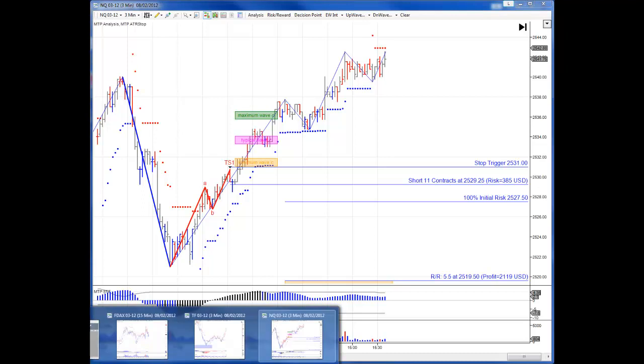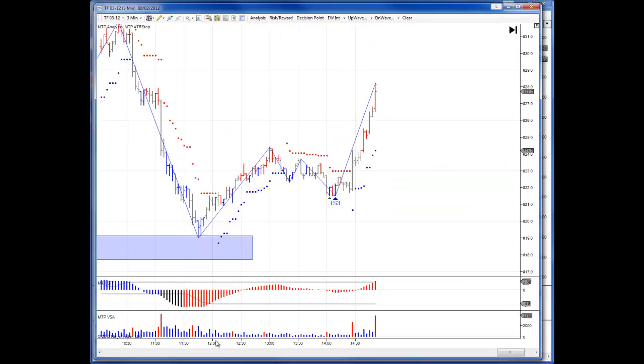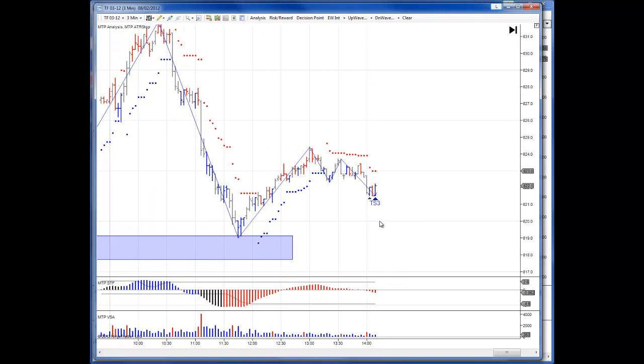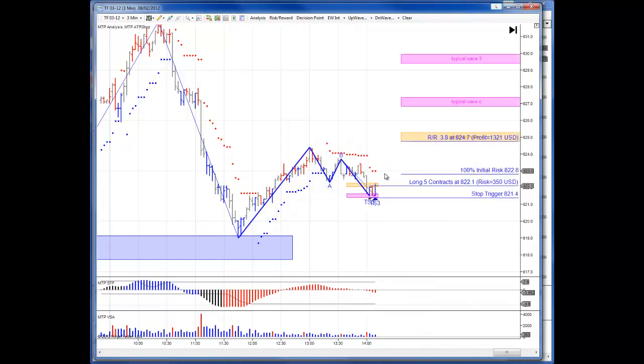So that's the first thing about using the large degree trend, is it allows you to filter your 3 and 5-minute trades to be in the direction of that trend. The other thing that it does is on trade setups like this, we actually look for a larger target. If I put the analysis on this first bar,